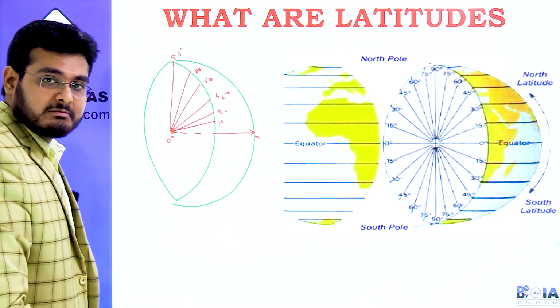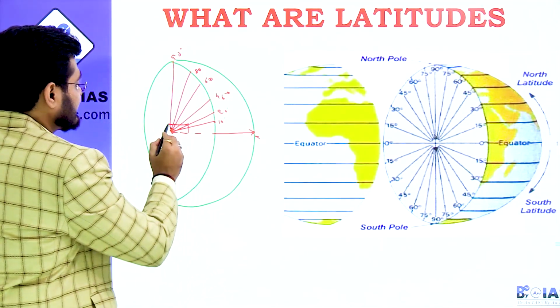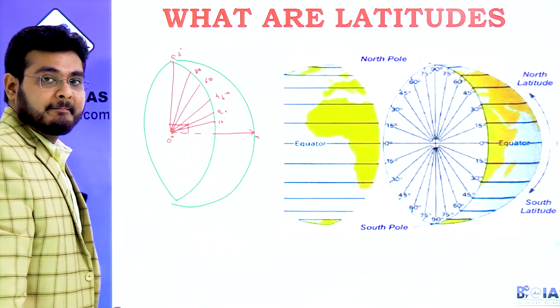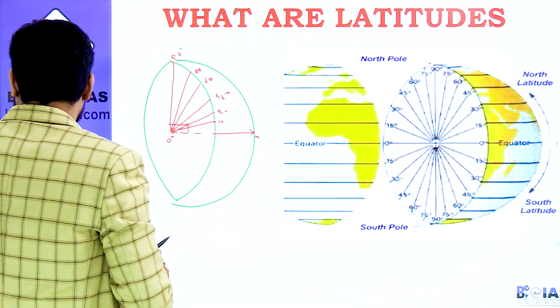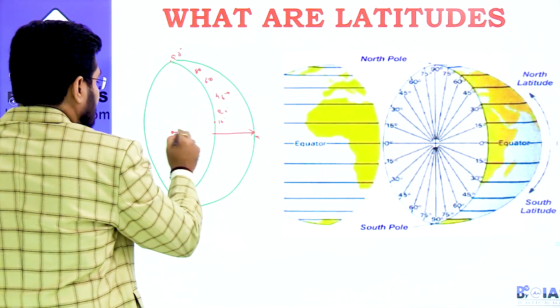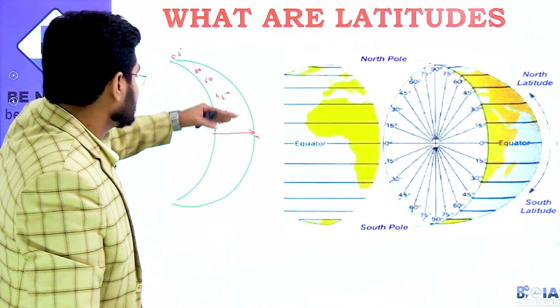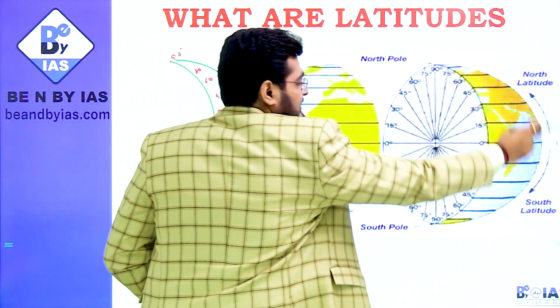Very clear? In general mathematics, you all might have studied this in class 10. So this is your 90 degree. That is why we say that the latitude at the pole is 90 degrees. Okay. Now, just forget this part. I'll rub the things and you will understand. Now, I have rubbed all these things. Okay. This is also gone. Now, this is the part of Earth which we can see above the surface.